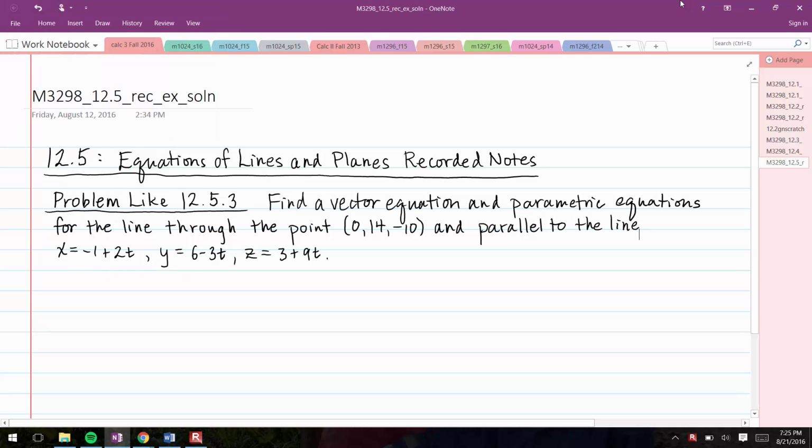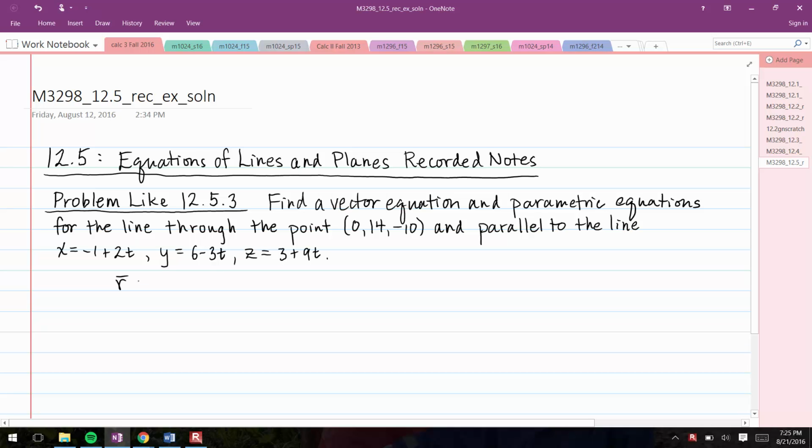In 12.5, equations of lines and planes, we're going to start out with a problem that's like number 3. Find a vector equation and parametric equations for the line through the point (0, 14, -10) and parallel to the line x equals -1 plus 2t, y equals 6 minus 3t, and z equals 3 plus 9t. So first of all, the vector equation form of a line